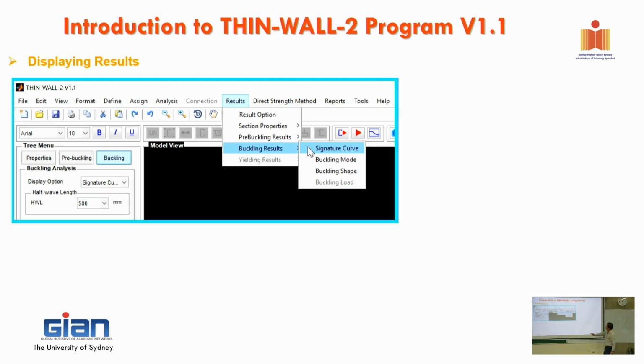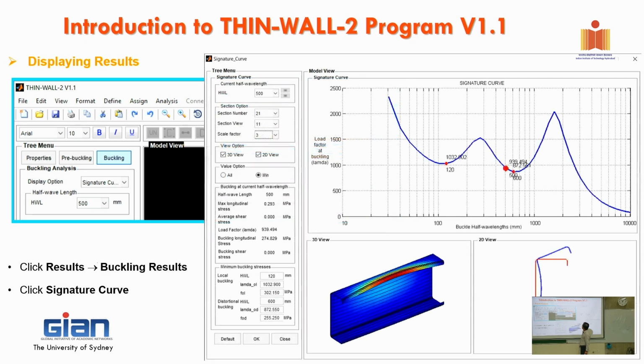Now with the result, you can click on the buckling result, click on signature curve. Then it gives you the buckling signature curve. All right, and then in here, you can see with THIN-WALL-2, we make a little bit different. On your vertical axis here, we put the load factor. It means that, you remember when you put on 1000 Newton millimeter, yeah. So this is the initial